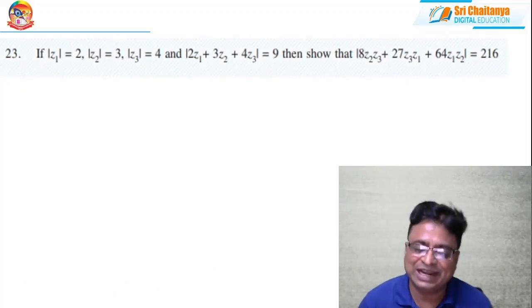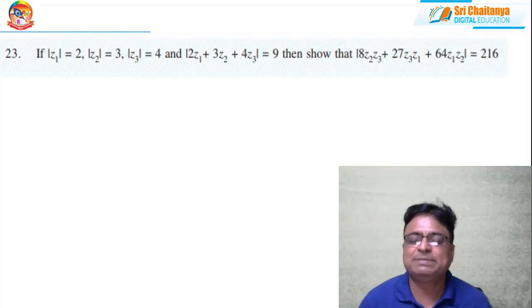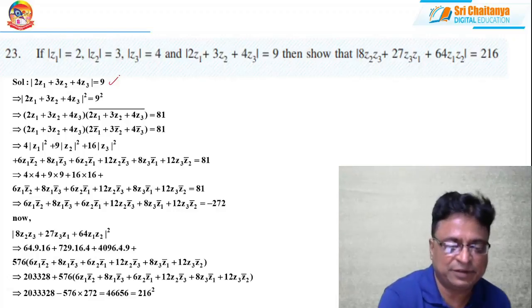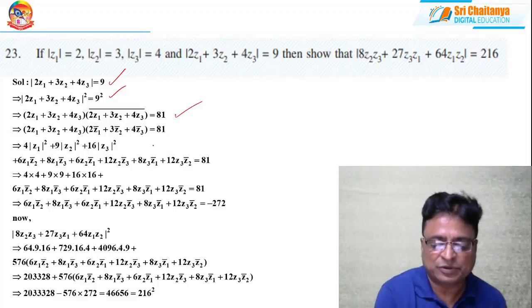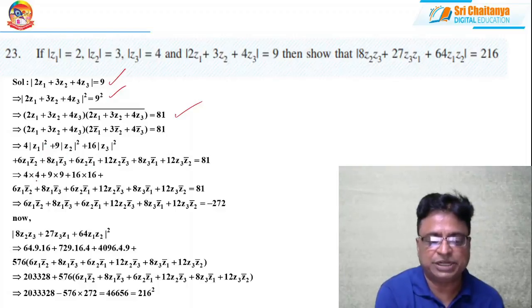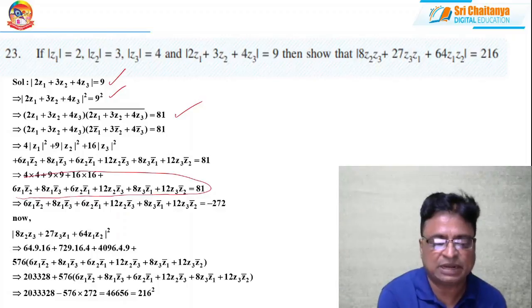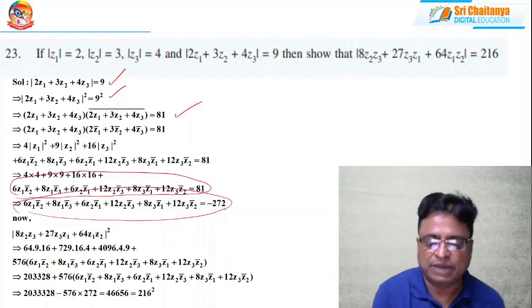It is somehow a lengthy problem. It requires patience. But it is simple algebraic manipulations. Please observe the solutions very carefully. This is given for you, squaring on both sides. So mod z whole square is z times z bar, you can write. So it requires a lot of patience. You please multiply all these things. And you know what is mod z1 and mod z2, mod z3, substitute. There, from this equation, you can get this as the result. So your result, with the help of this, you can get this entire result as minus 272.